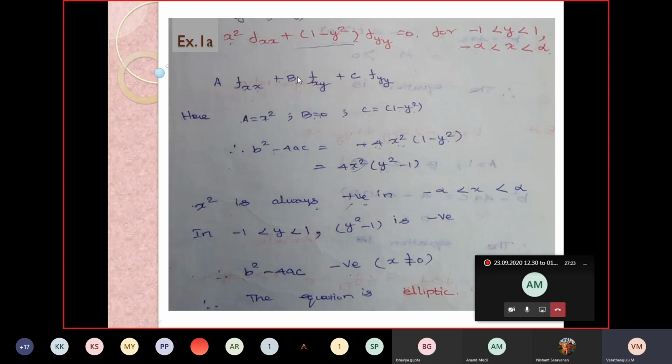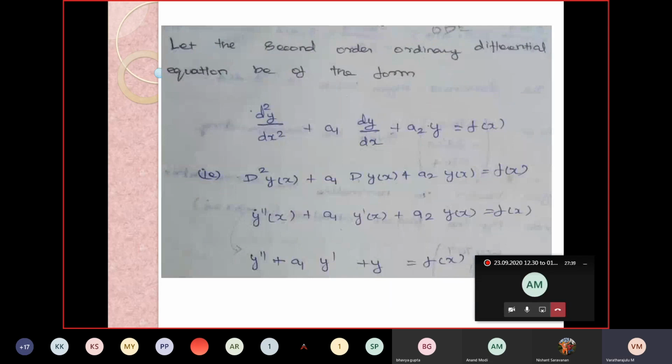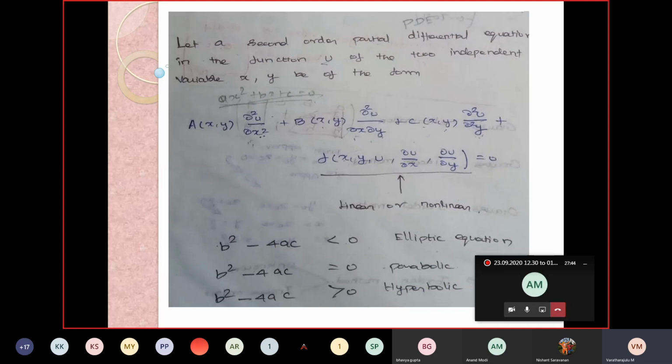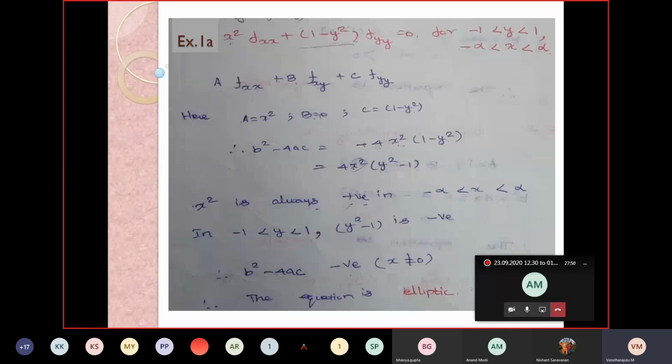and compare this with the given equation. These are equations, that is a f_xx plus b f_xy plus c f_yy. This is what we have here. Both are similar. There is no more difference between ordinary. Here in ordinary the differentiation is ordinary, here the differentiation is partial, and therefore a f_xx plus b f_xy plus c f_yy. By comparing these two,